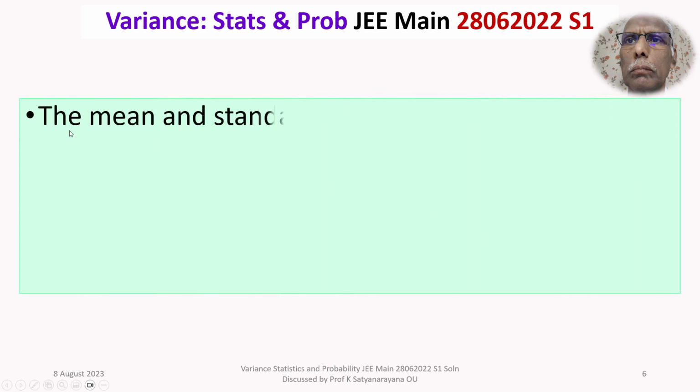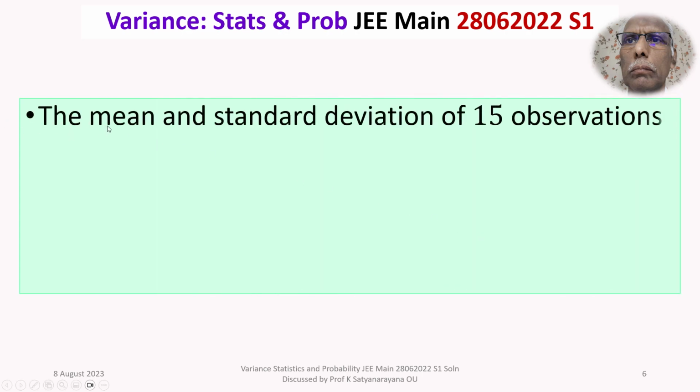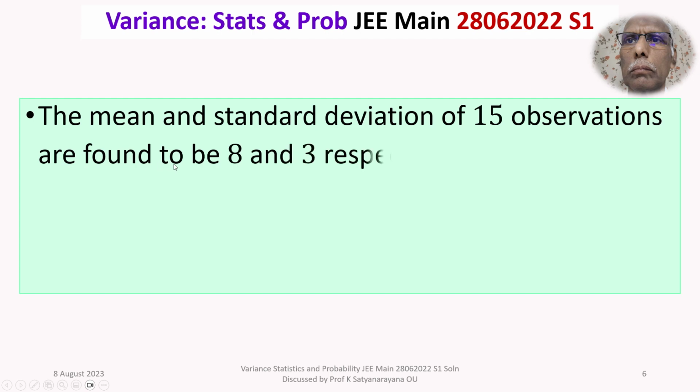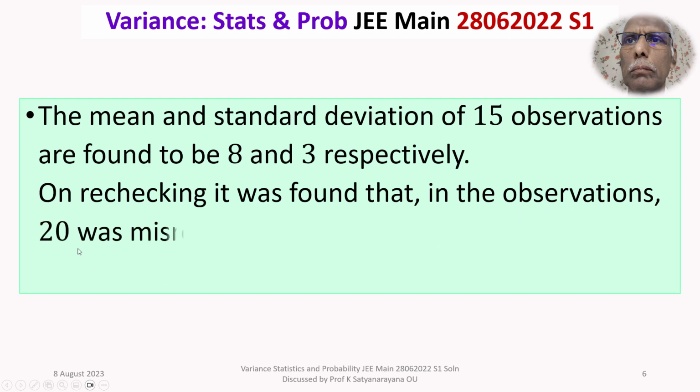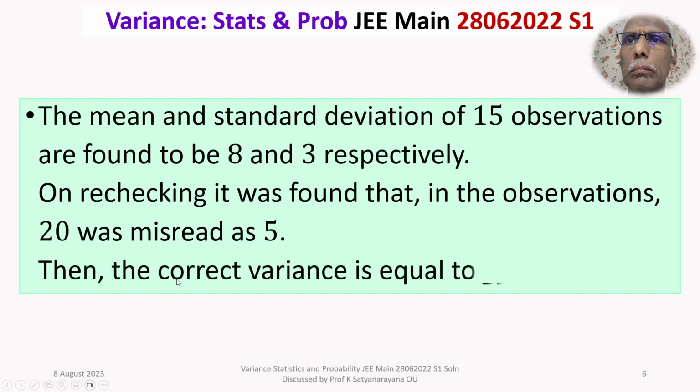The given question is: the mean and standard deviation of 15 observations are found to be 8 and 3 respectively. On rechecking, it was found that in the observations 20 was misread as 5. Then the correct variance is equal to,